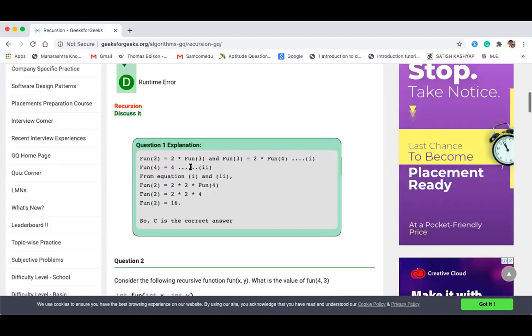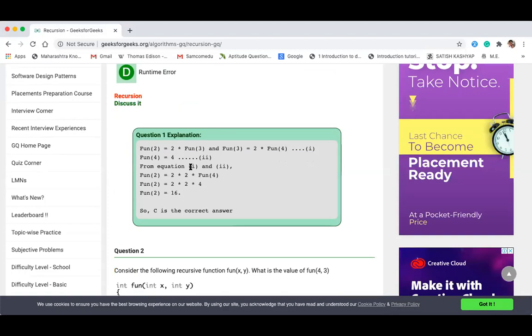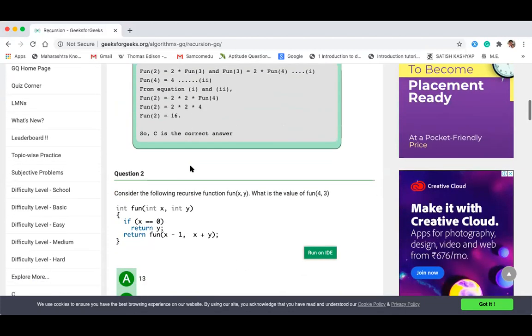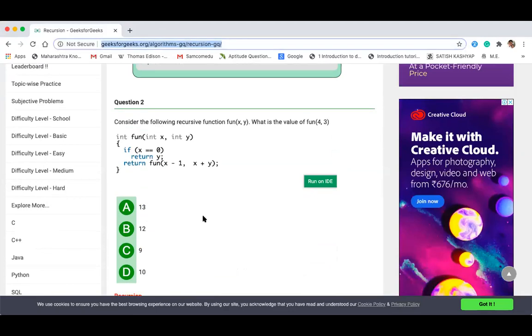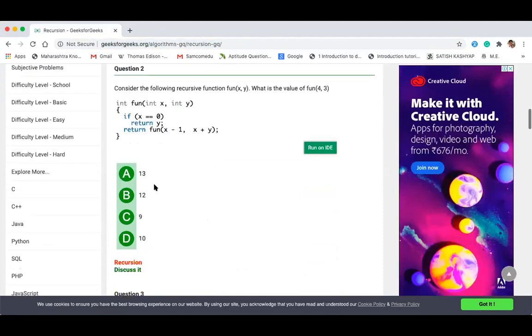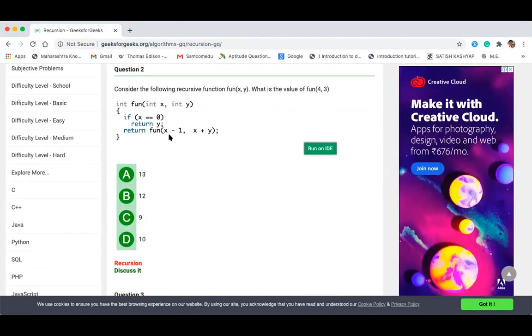The more programs you do, the more you become an expert in this. So I'm sharing this URL with you. There are lots of questions there. You have to solve all the questions, but don't go directly for the answer.